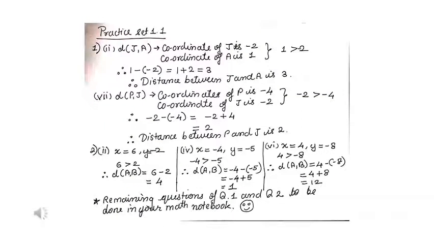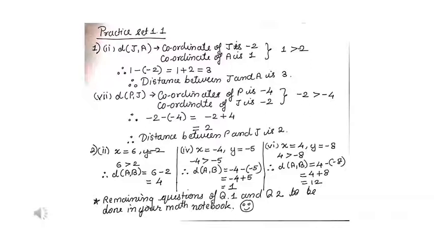So here we have some solved questions of your practice set 1.1. So I've solved question 1, from that I've solved sub question number 2 and 7. You can see here the steps which we are supposed to follow. First you find the coordinates looking at the number line given in your textbook. Then you compare them and then you do the calculation. Calculation is you subtract the smaller coordinate from the bigger coordinate. Then whatever is your answer is your distance between the two given points. Okay, this is how we have solved first two questions of main question 1.